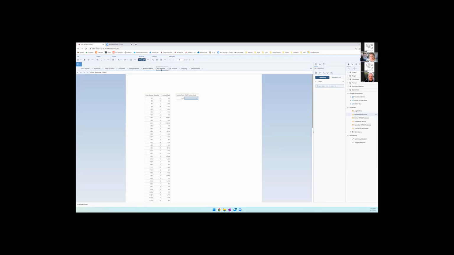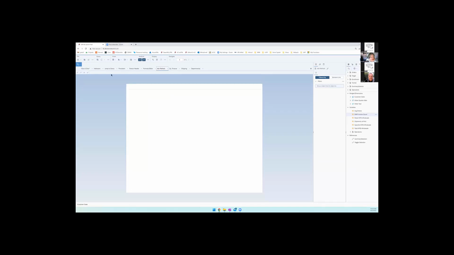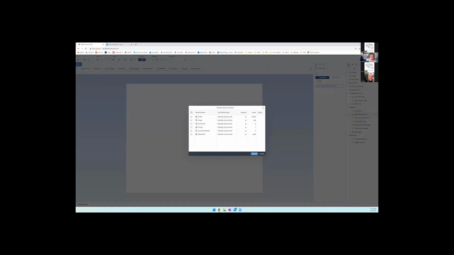All right, the advanced refresh. This is something that's not immediately obvious, but when I stumbled across this, I was very excited. So back in the Desky days, we had this option to look at the cube of data and how many rows of data were brought back by each one of the queries. And that was super helpful information for troubleshooting your queries and being able to fine-tune the data. And here we can see exactly how many rows are being brought back, how long it took for that query to run. In this case, they're all very fast, but you see the varying number of rows of data that each one